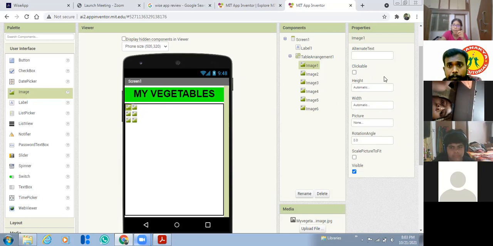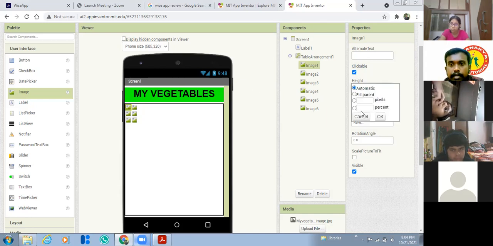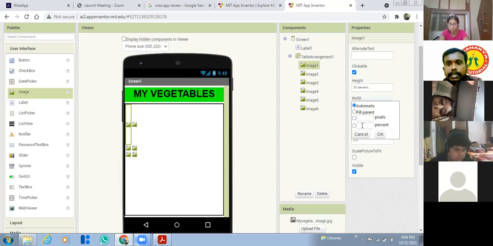And for the property of this image, I'm going to choose clickable. Clickable means only then it will work. If you do not make it clickable, that image will just be shown as a display image. So I'm going to make it clickable, with height 30% and width 50%.